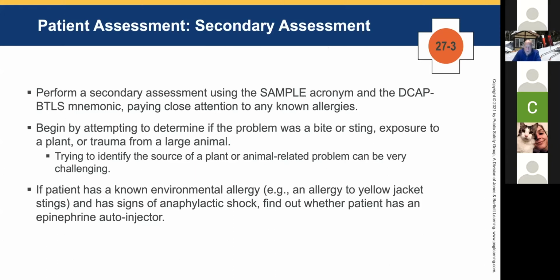I think one of the things we need to look at is if somebody has a reaction, find out if they've got an EpiPen. If they do, help them to inject it. I think that's probably a key takeaway. Martha, what would you say about that? Definitely a key takeaway. If they're having an allergic reaction, check if they have an EpiPen. Okay, if they don't have an EpiPen, what do you do?